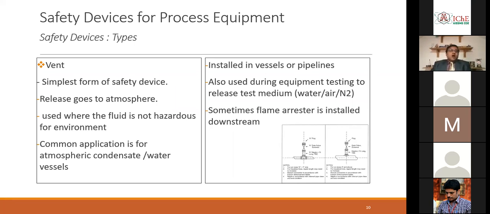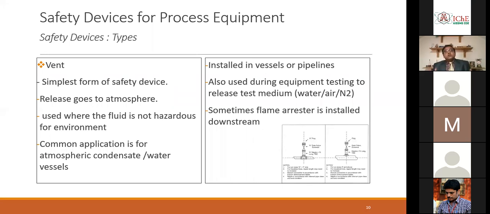So no high-level sizing is required. We just do a simple calculation and we know what pipe size is needed to vent things out. So it is used where the fluid is not hazardous for the environment, where an example is, say, a condensate collection